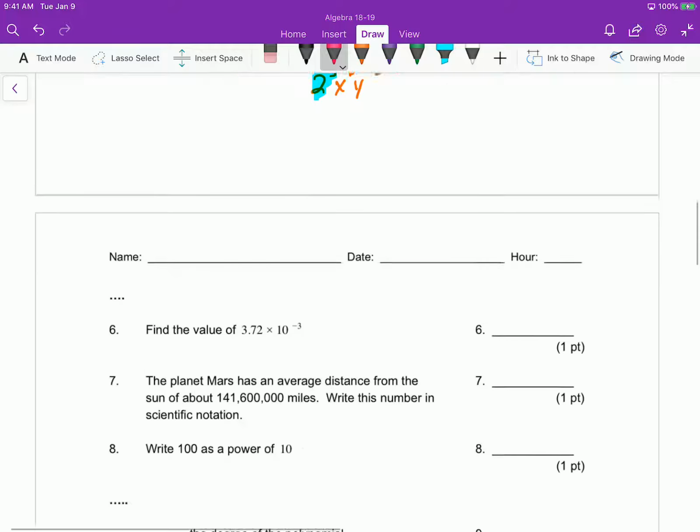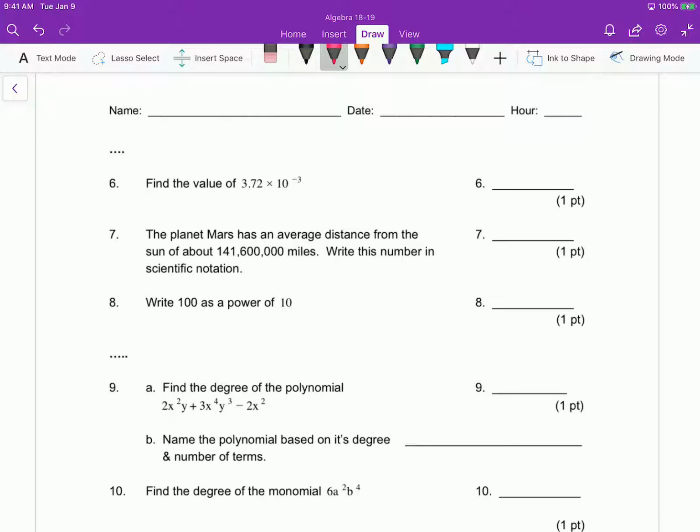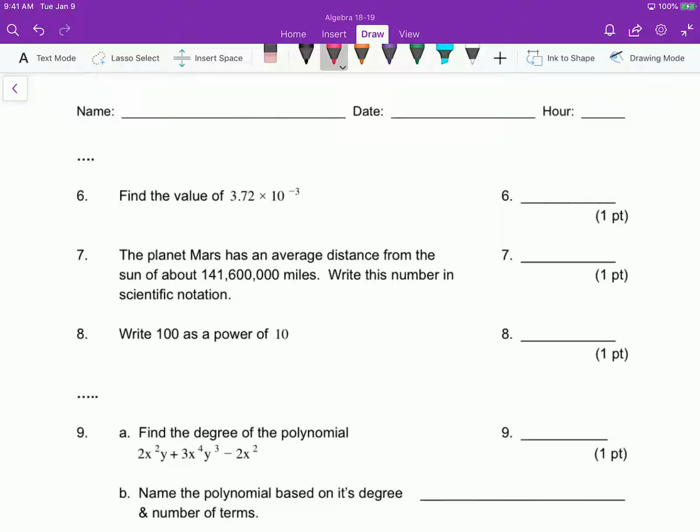All right, on to page 2. Scientific notation begins. Since we have a negative exponent, that means we should move the decimal to the left. So 1, 2, 3. So the decimal goes right there. Fill in a couple zeros. So our standard number would be 0.00372, or correctly said,